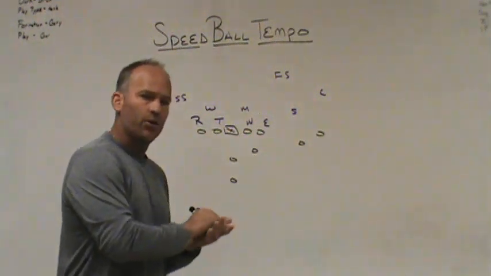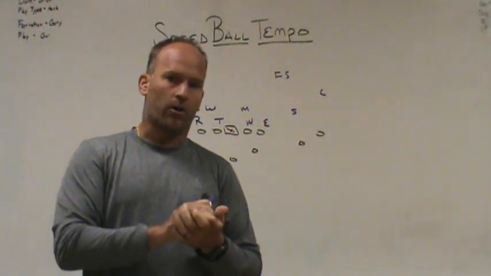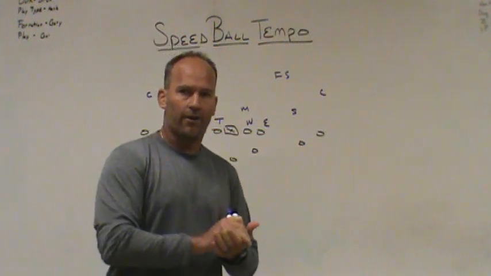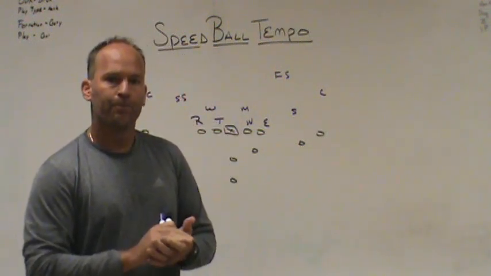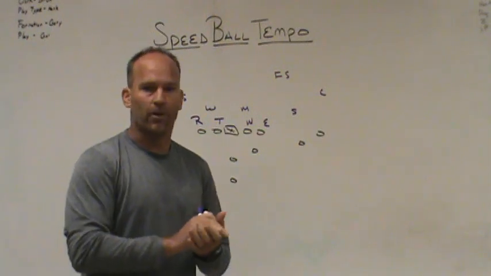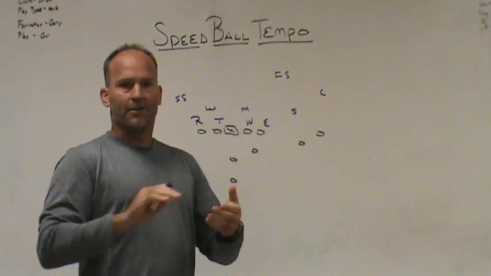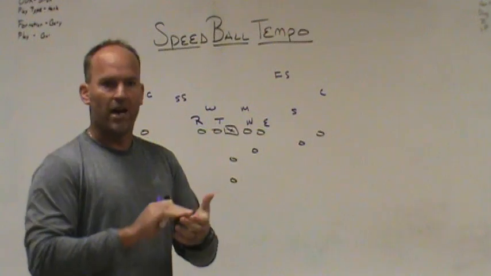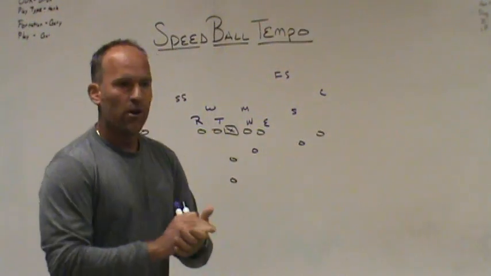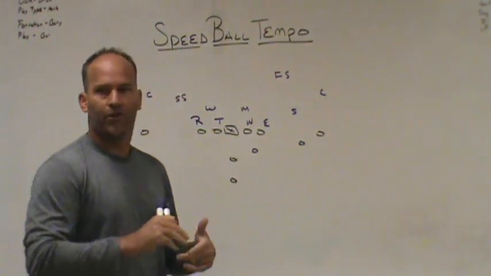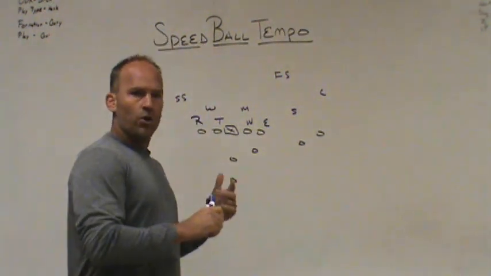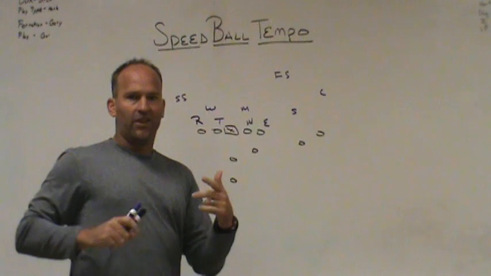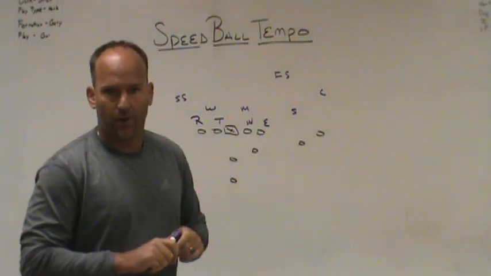The second play that you run in the speedball tempo, now all of a sudden you're on the line of scrimmage getting ready to snap that ball as soon as the referee sets it ready for play, and now the defense may not be able to get lined up. Okay? Now after they figure out that tempo, they're going to be able to start getting calls in. Certain defenses may have zone blitzes, automatic checks, or automatic dogs that they go to. So you really don't know what the defense's answer is going to be to your speedball tempo.